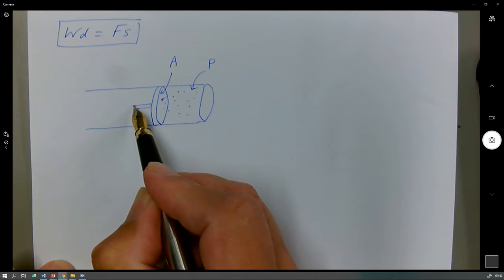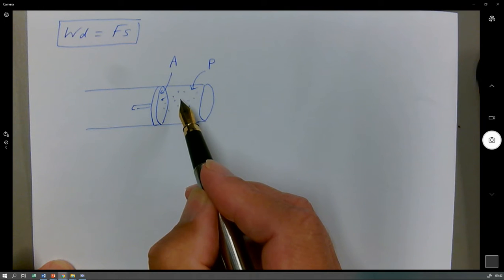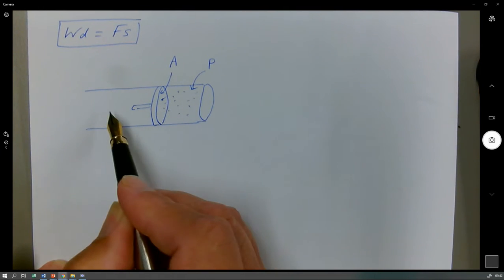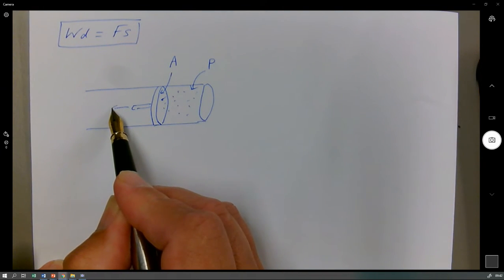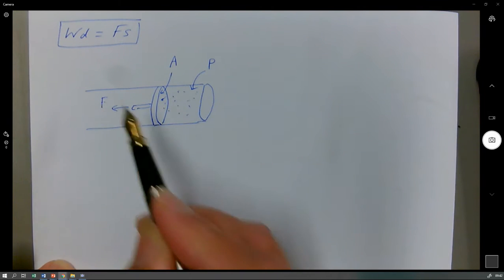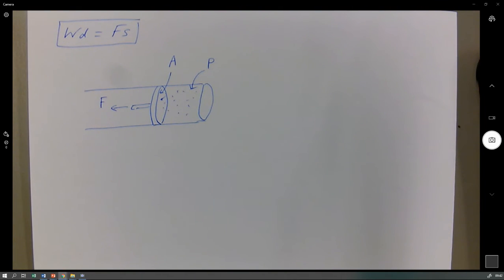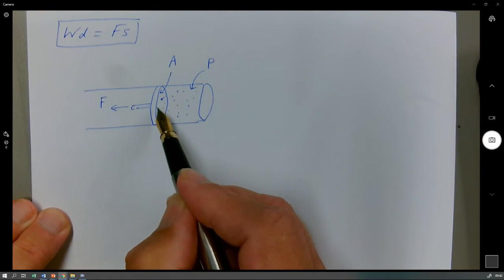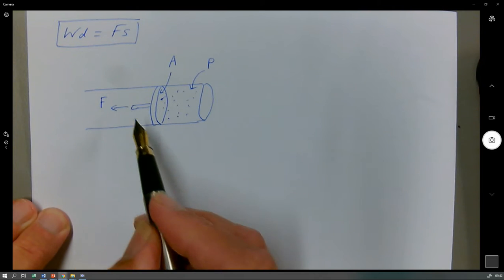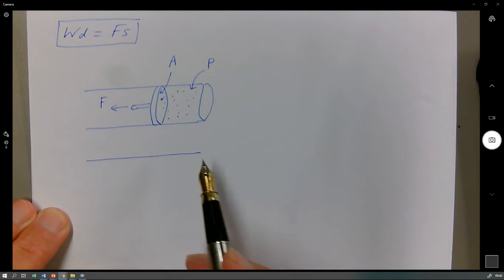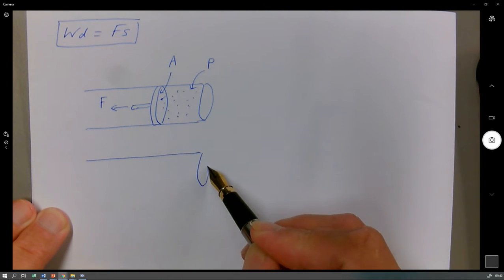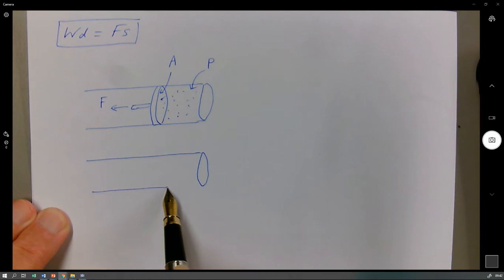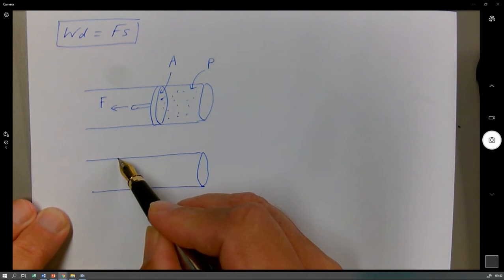Okay. Now in this scenario, we've got the force of the particles in this area, and that imparts a force here. Okay. Are we okay with that, campers? Good. So gas, pressure, plunger of a certain area, and then we end up with a force. So we come back a little while later, or we watch it happening in real time, which you can do when you do this in real life, and